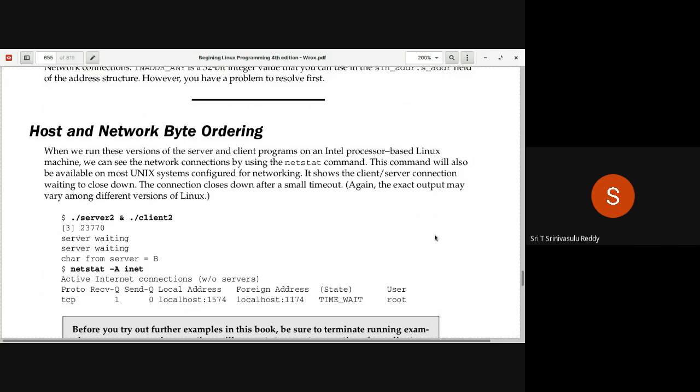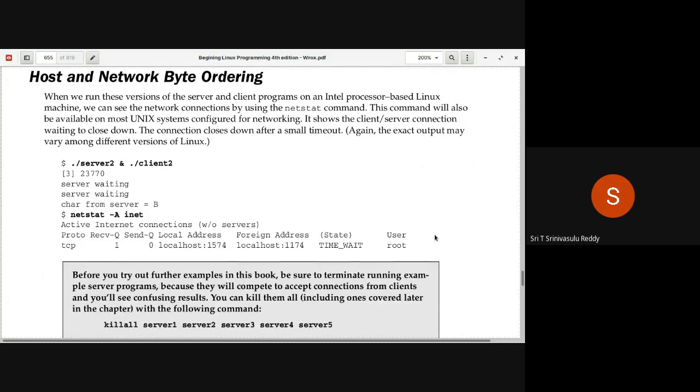If it is a single byte, no problem. But if it is multi-byte, either a short integer with 2 bytes or a long integer with 4 bytes, how do you store them in the computer? Based on that, there are two different types of processors. That is what is being talked about here.